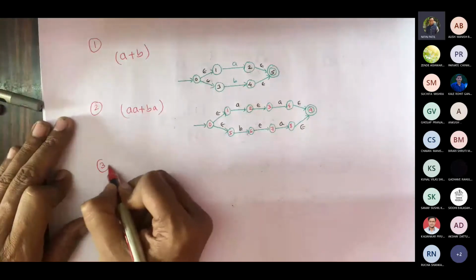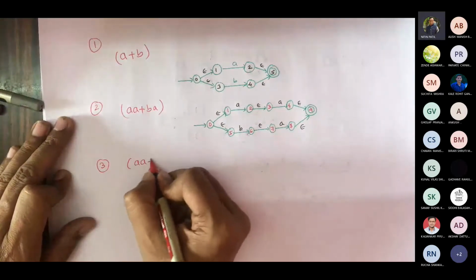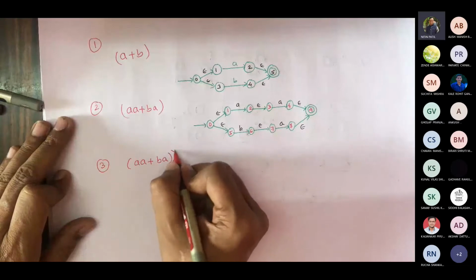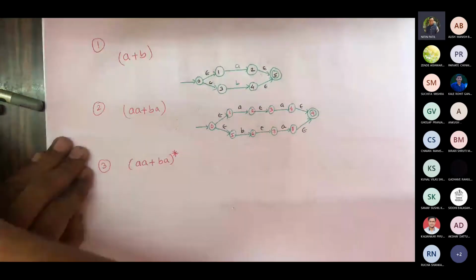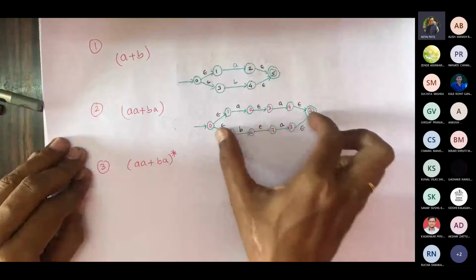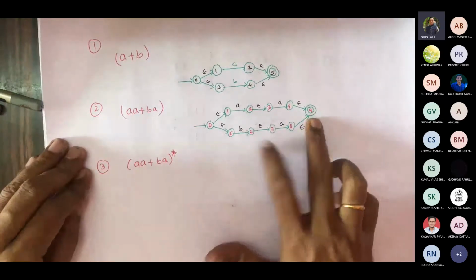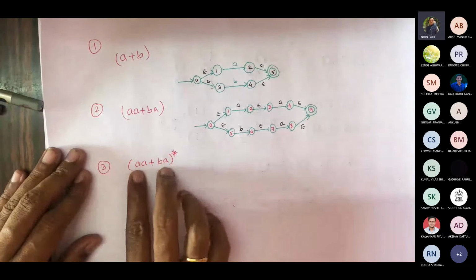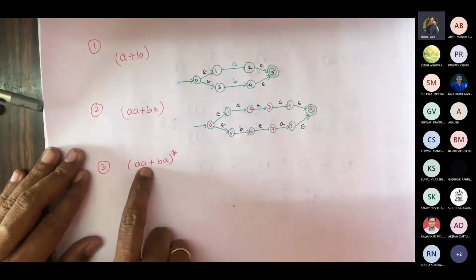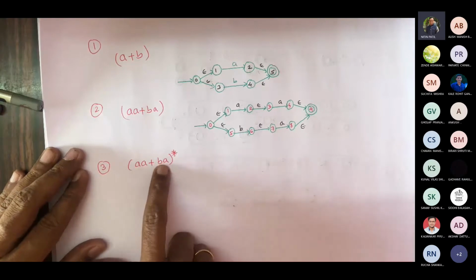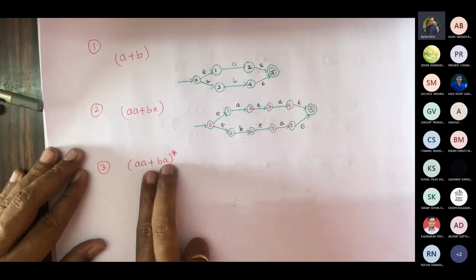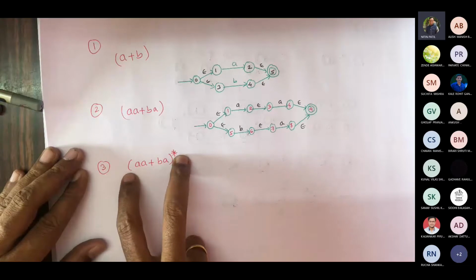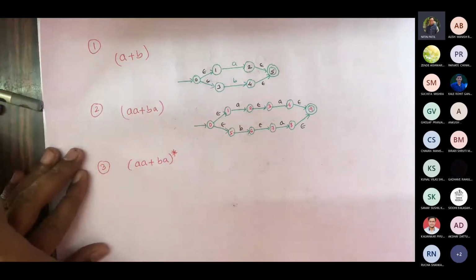Let me take the third, AA plus BA star. Now we will draw the same as this first, without marking final and initial. This is one regular expression, this A, this A, these are two, the third would be AA, then fourth B, fifth A, BA, sixth the combination of them, seventh, and then star, eighth. So these many regular expressions are already involved there. So let us draw.